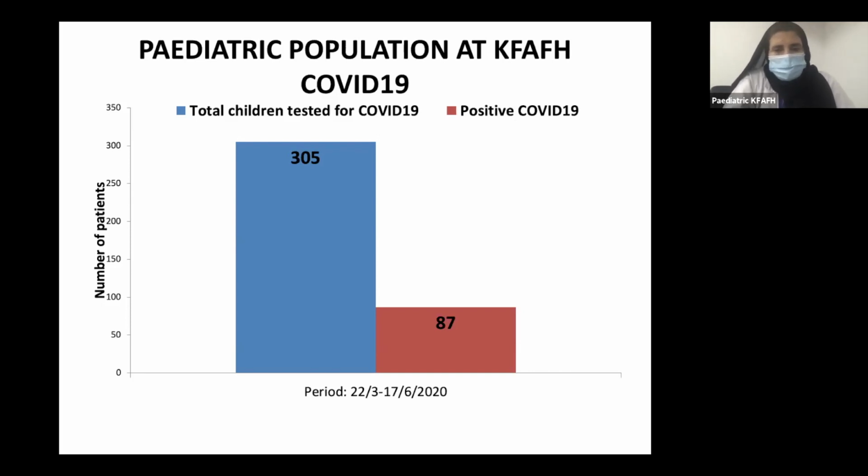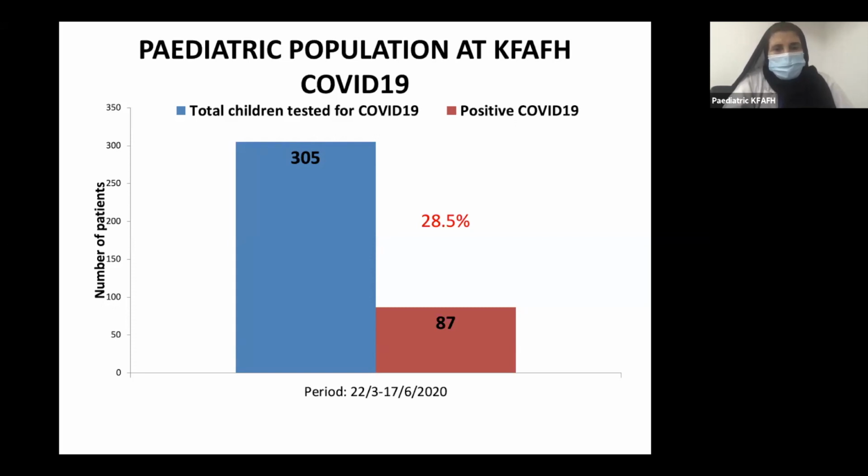87 were positive, and this would be about 28.5% of the population that was tested at KFAFH. They came from the child age group. Of course, this is not a prevalence because we're not doing population testing. These are only the population that came to us either because of symptoms or because they've been identified somewhere else